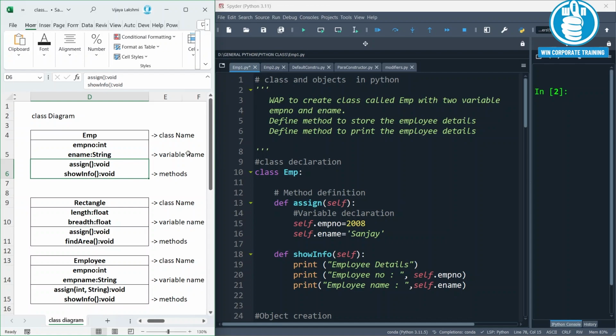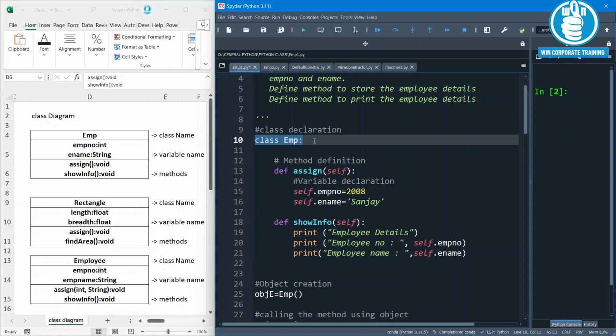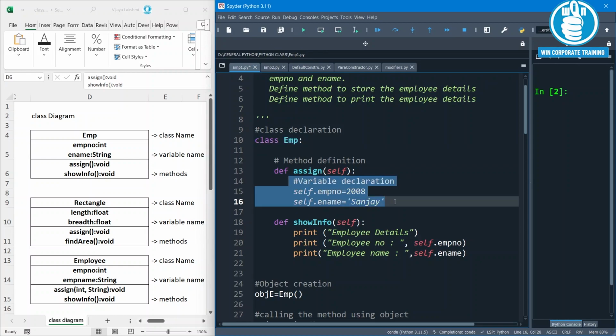Now we will see how to translate this class diagram into a Python class. So we are creating a class EMP and we are defining all the methods. We have two methods over here, assign method without a parameter. Inside the method, we are declaring a variable.